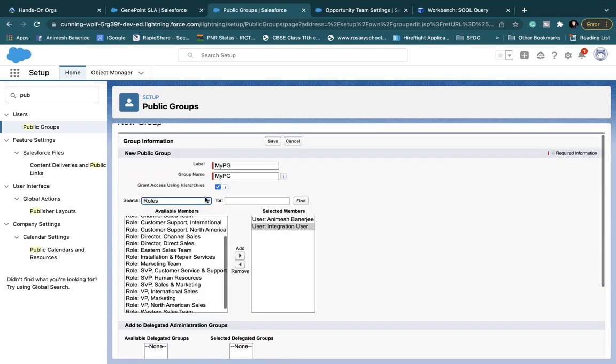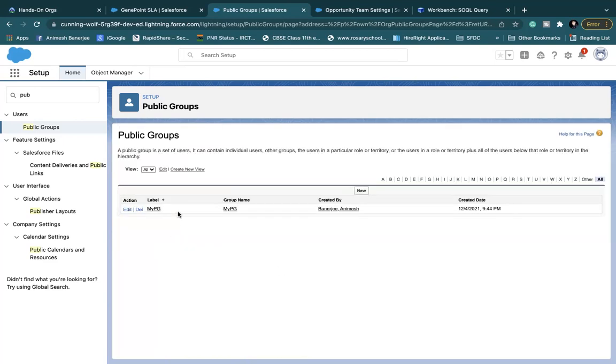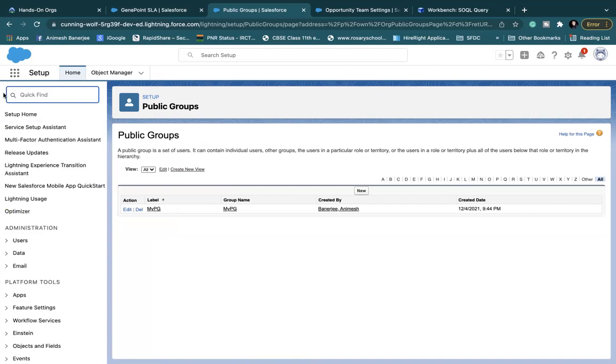So I am creating a simple public group with 2 users, and I save it. Why? We'll see that later. Where is this used? It's just a collection of users that I can use for sharing rules.